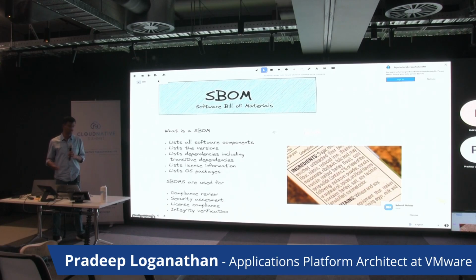Licensing information is key. A lot of people still are not very aware of the differences between MIT licensing and GPL licensing. They are very critical in how you consume packages and how you distribute packages, and you have to be very aware of how you do it. Then it also lists OS packages. A lot of our containers have a base OS. All our containers definitely have base OS packages, and having knowledge of what is in those base OS packages is critical. Hand on heart, how many of us know all the packaged artifacts inside the containers that we deploy into production?